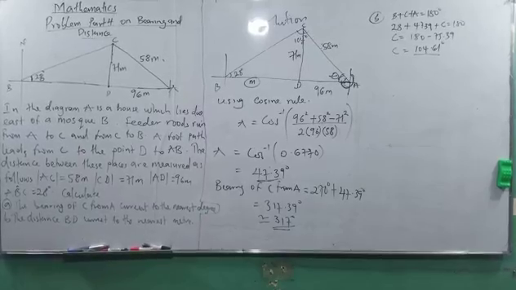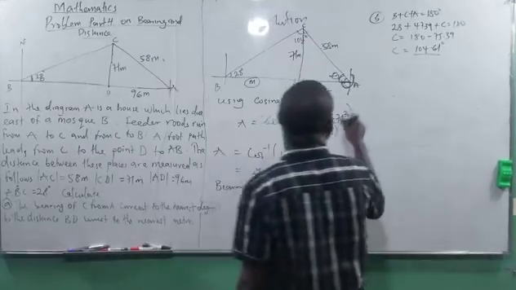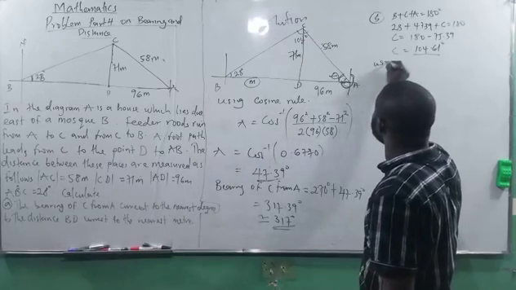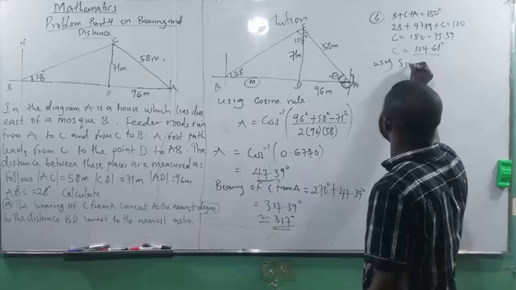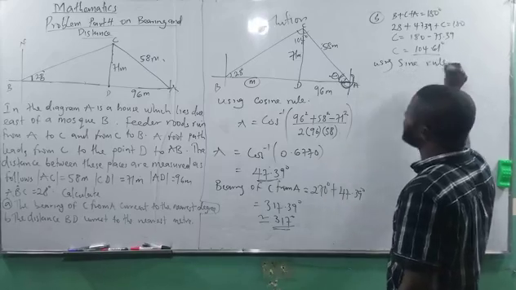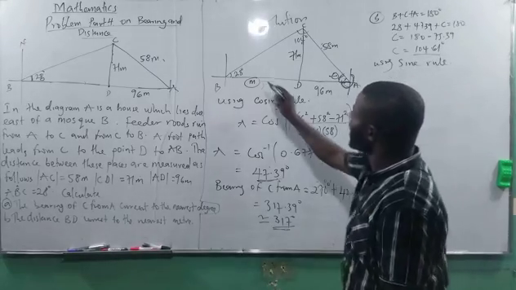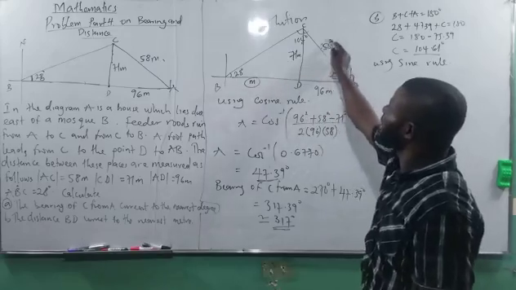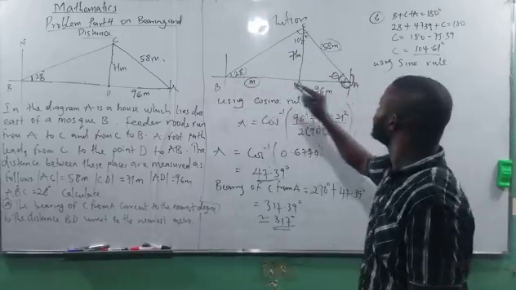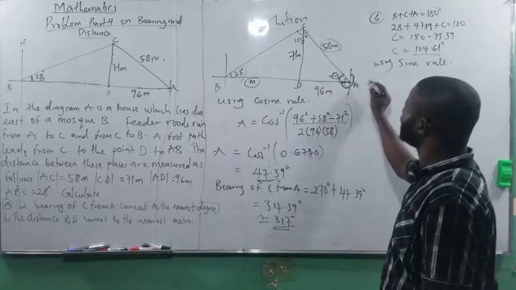Okay, I think the easiest thing I can do is to use sine rule, which will surely be helpful because I have this angle and this particular angle is given to me. It means I'll be saying that